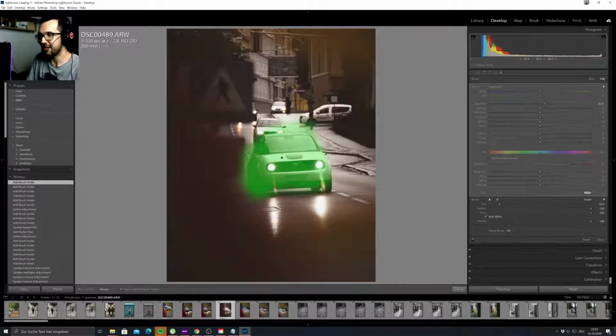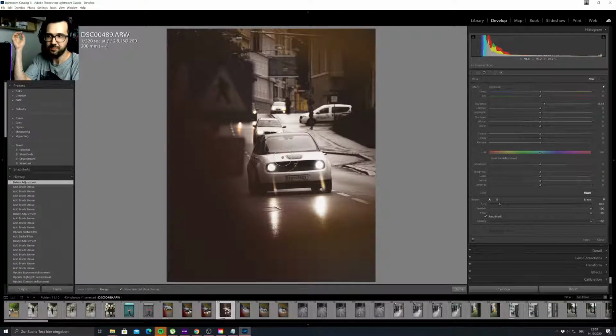And with a radial filter I don't have this problem. I don't know why, but it works more accurately in my opinion. So I always do it with a radial filter, 99% of the time. Maybe not if it is some sort of weird shape which isn't too good for a radial filter, but I don't know which shape that should be. But I mean, some people would paint it, but I prefer always the radial filter